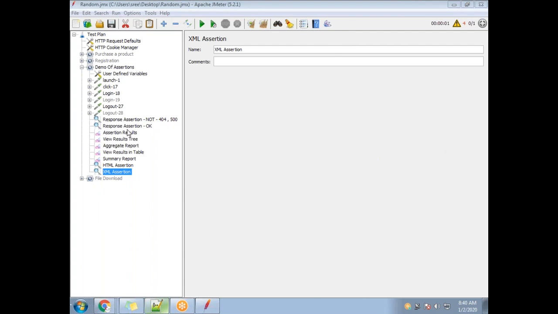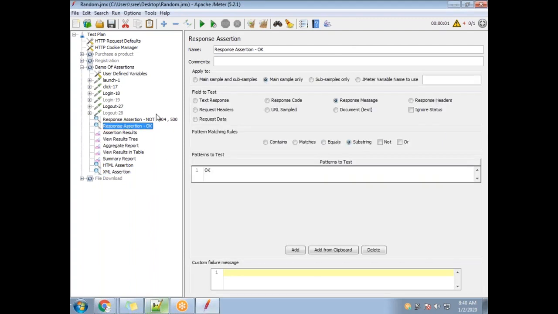Out of all of this, only the text response is regularly used. I repeated that once in the last class, and today I've repeated it again. All others are very rarely used, maybe useful for interview purposes. They may ask you if you want to check the HTML format for each of those samplers, what would you do? Just put the HTML assertion. If you want to check the XML format for each of them,